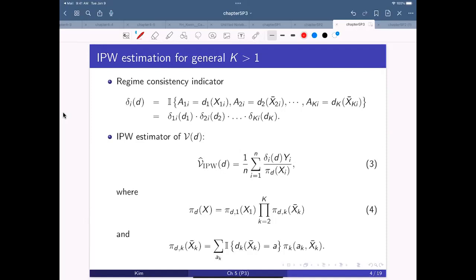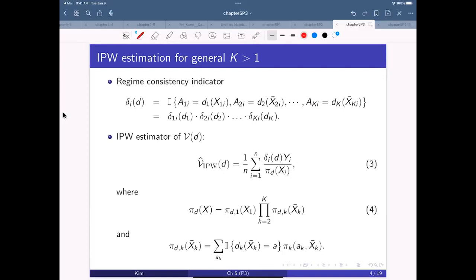Then we can decompose it as a product of the k indicator functions, right? Then conceptually we create the same idea. So we have a numerator delta, which is a product of the k indicators,